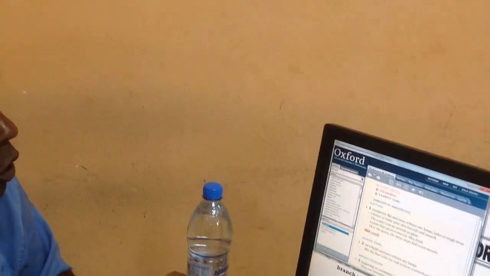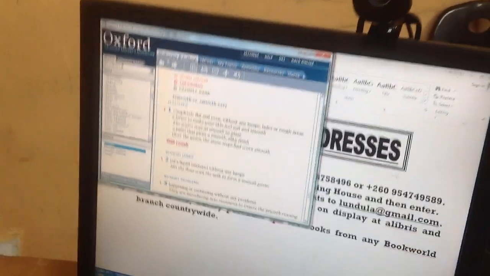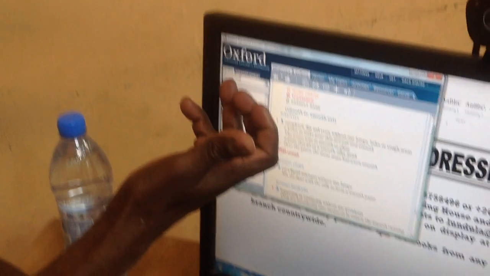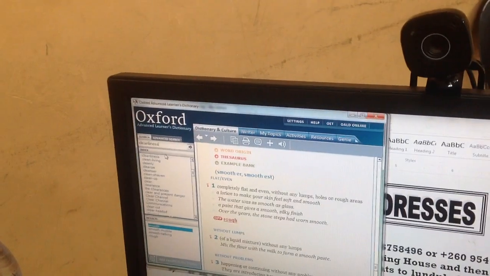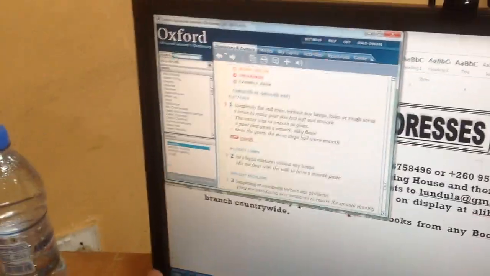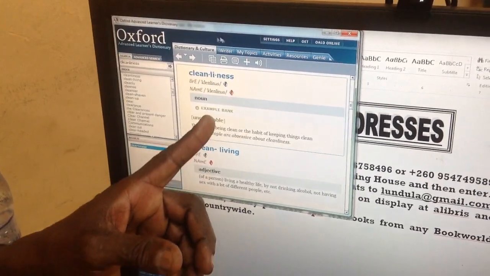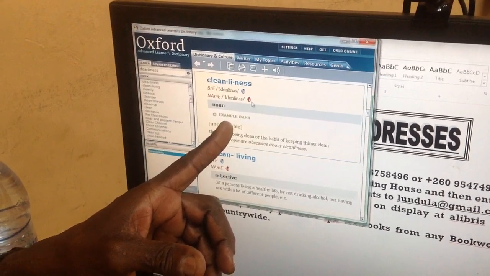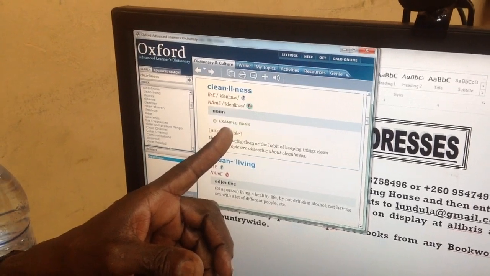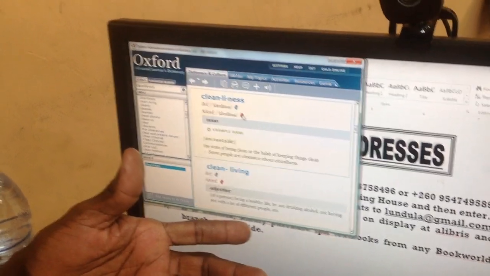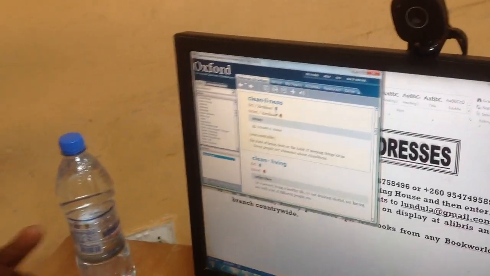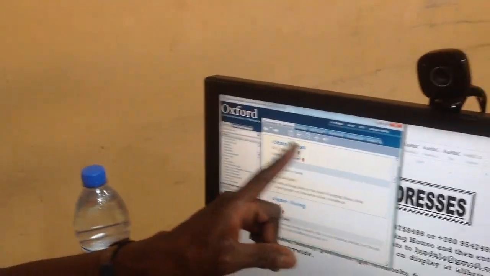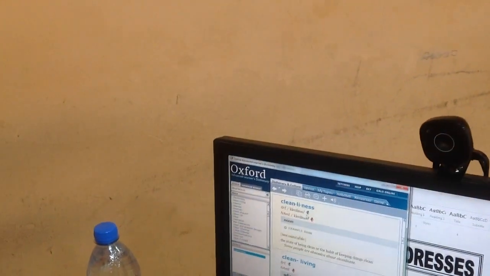We all know what it means to be clean. But when it becomes a noun, we add two suffixes, ness and li. It is no longer clean, it is now cleanliness. Phonetics will tell us. Cleanliness. Can you hear that? And in the States, cleanliness, the same. It changes the sound because of the two suffixes we have added at the end of clean.